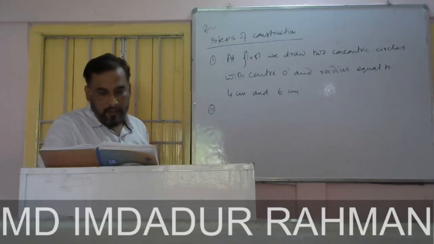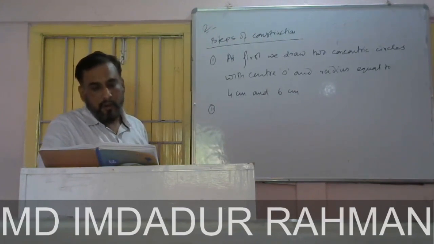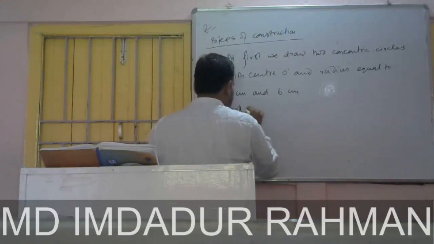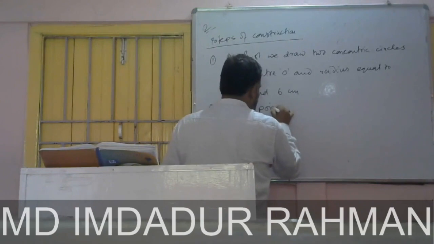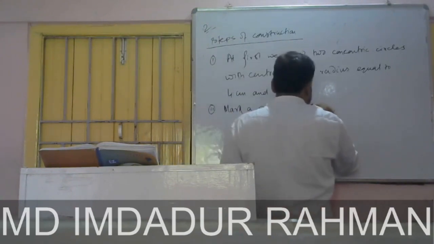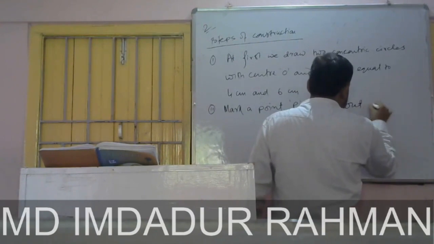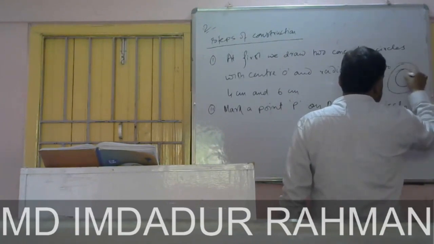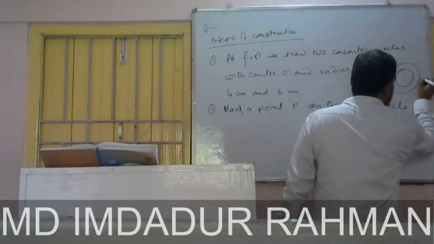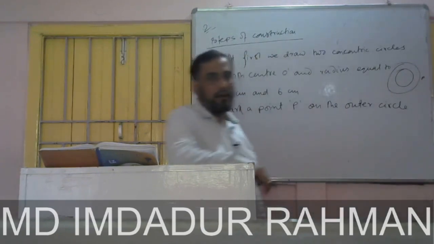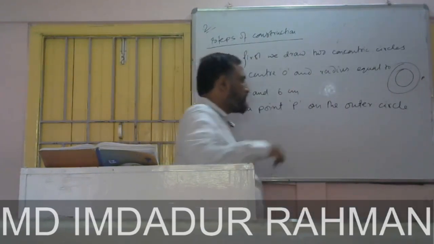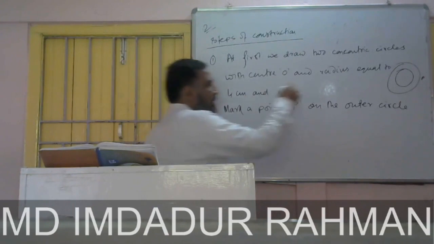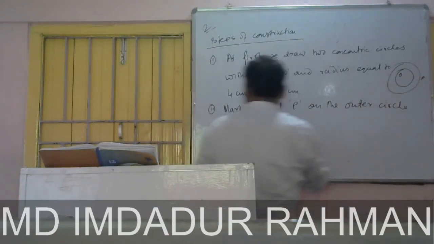Then you have to draw tangents. So mark a point P on the outer circle. Like this, 2 circles you will get, and there will be center. You will mark a point P on the outer circle. Okay, just I am giving hints. Then OP is joined